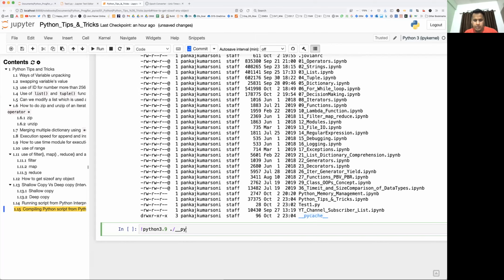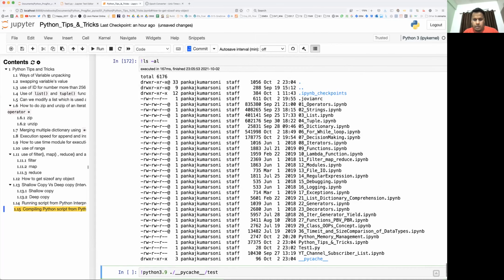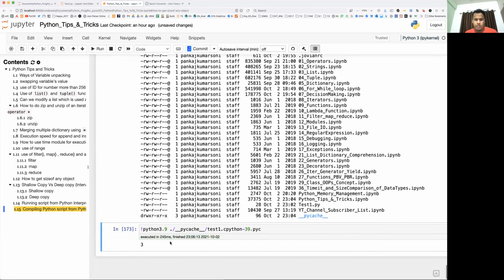I should go here first, and then copy the file in. Okay, the same way you can execute it here also.